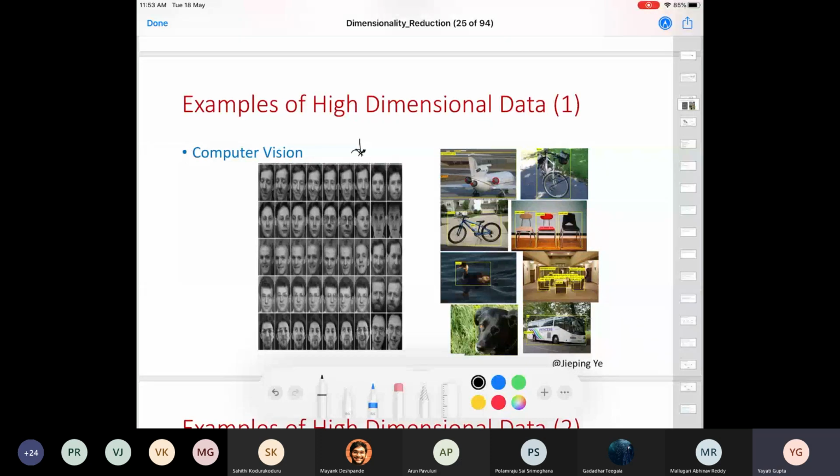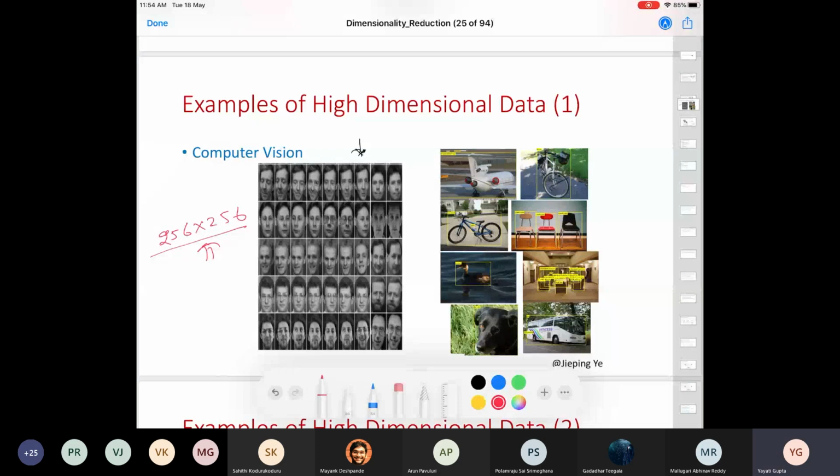Do you think that I need the original dimensions of my images to do this task? Let's say the images in my data set are 256 cross 256, all grayscale. All I have to figure out is whether the person is looking to the left or right. Do you really need this much dimension to do this task?